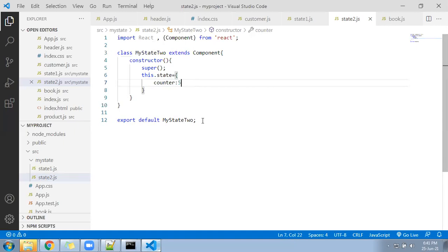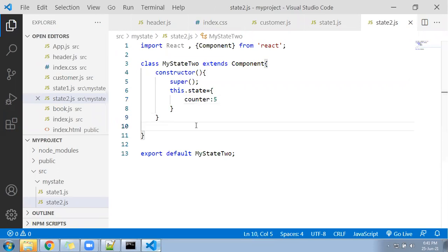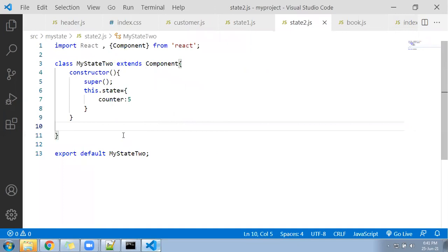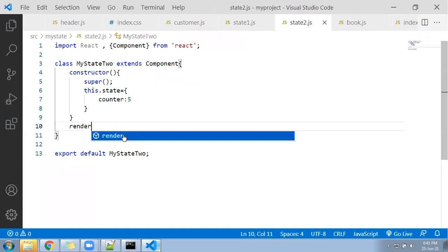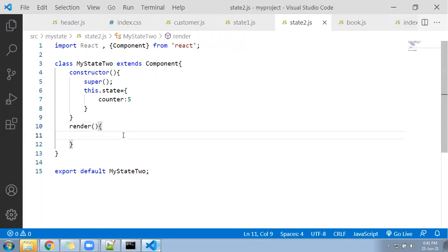After that, let's come inside and write a function called render. Why is render required?